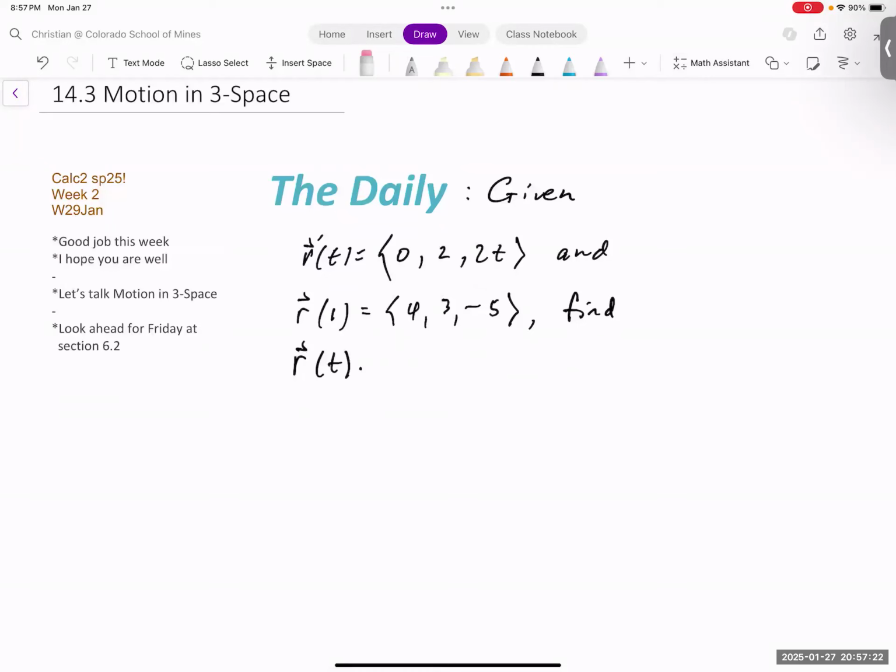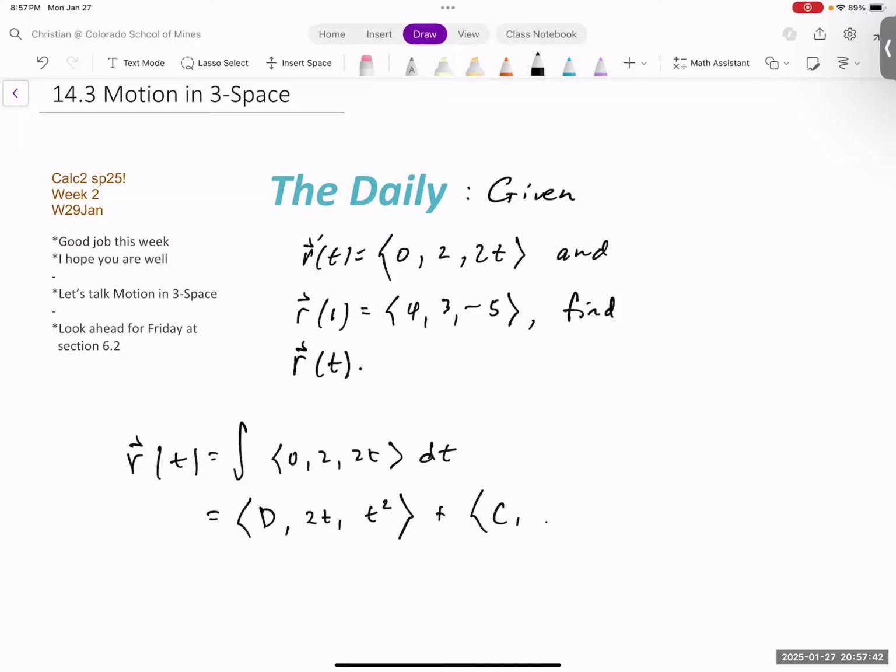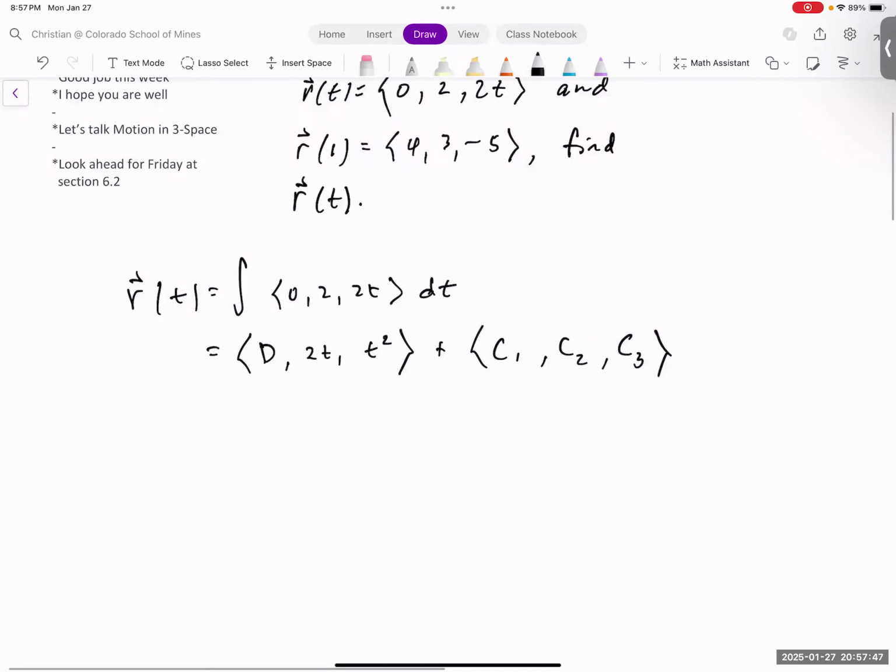Okay, I'm assuming you're back. Let's see, r of t. That's the indefinite integral of r prime of t, and r prime is 0 and 2 and 2t dt. If you find the antiderivatives, it's some constant d for 0 and then 2t and then t squared plus our constant vector. Then use the condition r of 1,